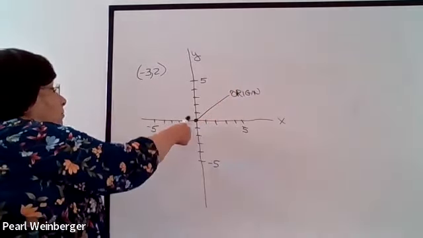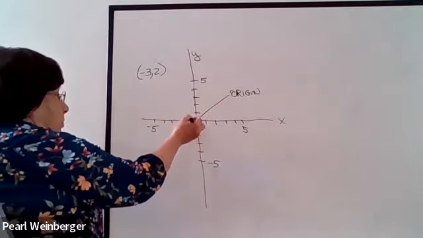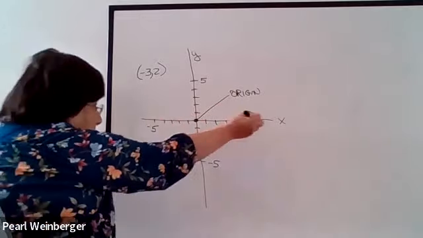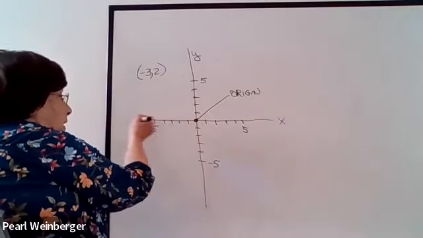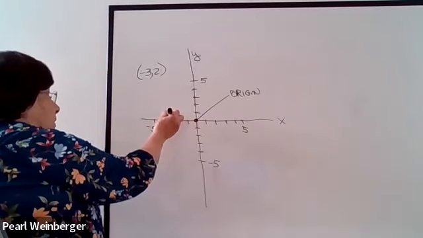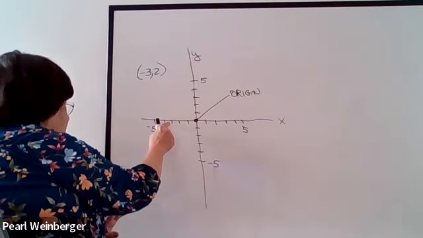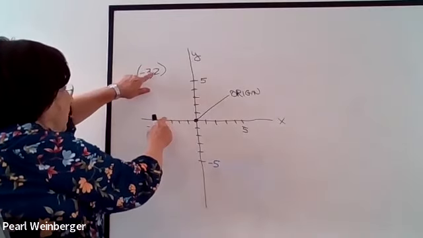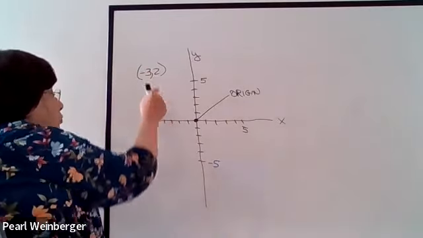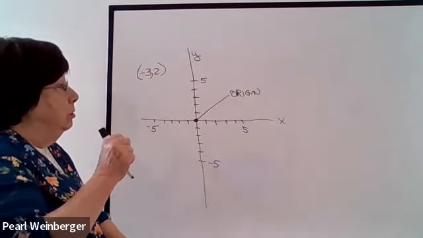And you count from the origin. The first number is the horizontal number. Now, we know positive is to the right, negative is to the left. So you go 1, 2, 3 to the left. Now, you don't put a dot there because there's a second number, the number 2, that's telling you your vertical